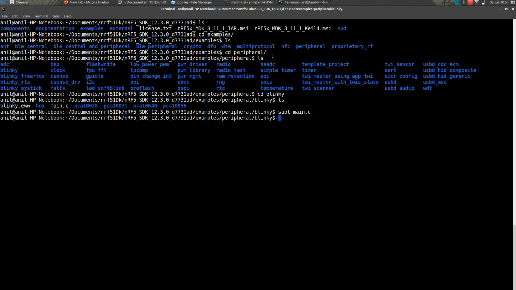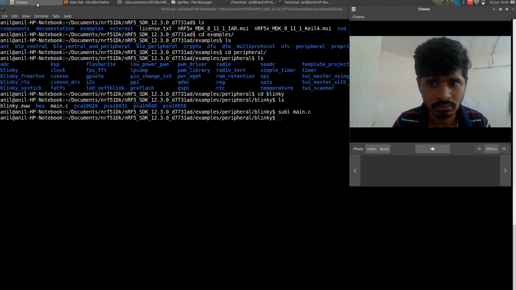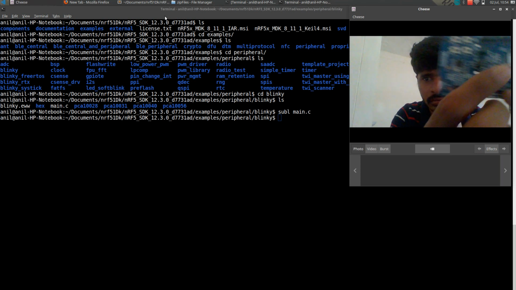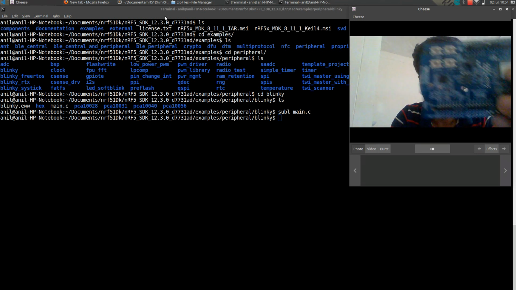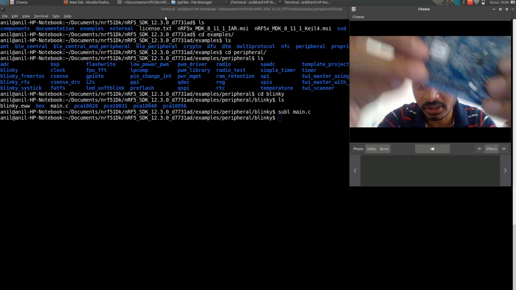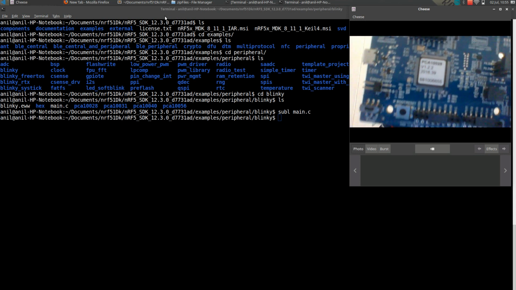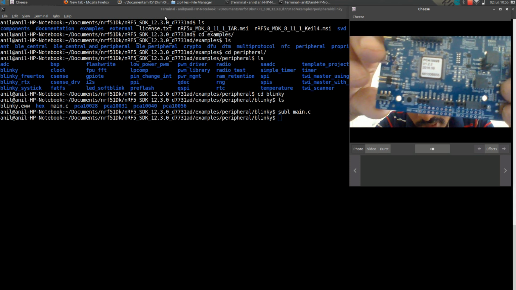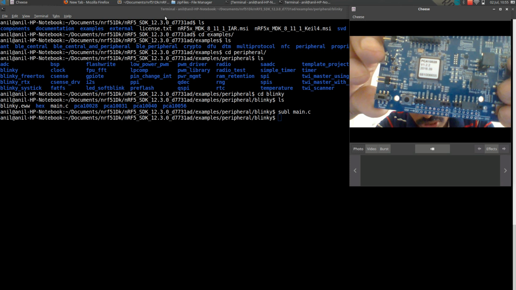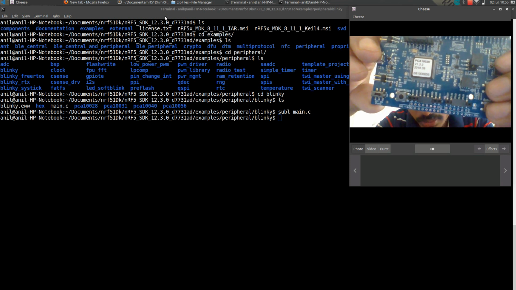If you look at your board, you can see a number. Mine is PCA 10028. So you can find a similar number on your board.